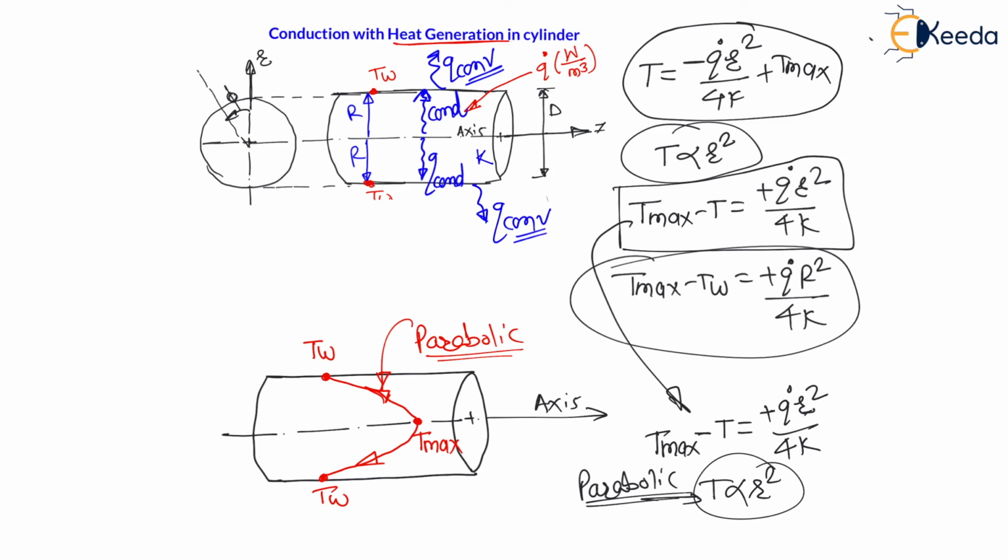Now my dear students, in case of wires, the current carrying wires used in your home, because of current flowing through the wire, the maximum temperature is generated on the axis, that is, at the center of the wire. Therefore my dear students, if this heat generation increases beyond a particular limit, then the maximum temperature increases beyond the melting temperature. Therefore whenever melting starts for cylindrical wires, the melting always starts from the maximum temperature, which is at the axis. Therefore, the melting of wire always starts from the axis, and the same condition we call short circuit of current.